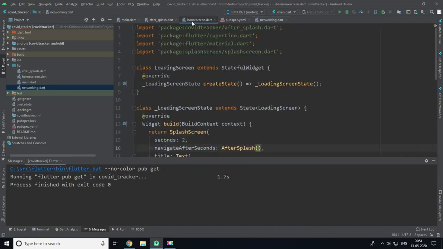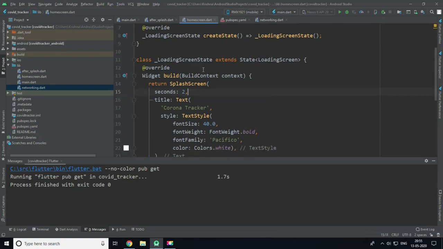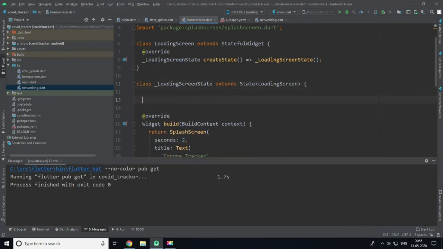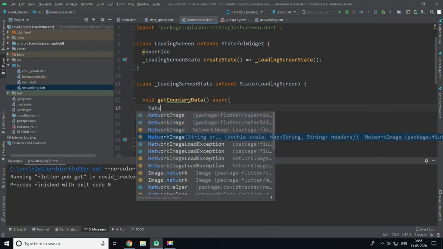Alright, the next thing we are going to do is remove this navigate after seconds, because we want to navigate after we capture all our required data from the server. In this file we will create a new method called void getCountryData, asynchronous, and create a new object of NetworkHelper.